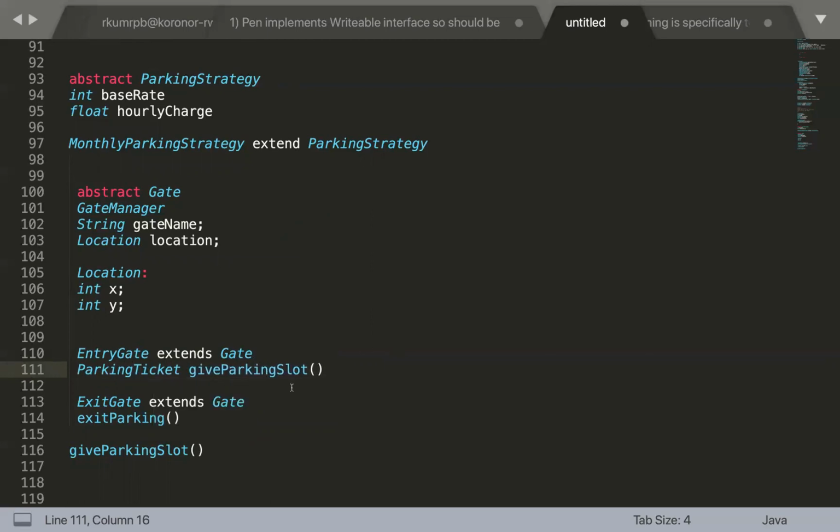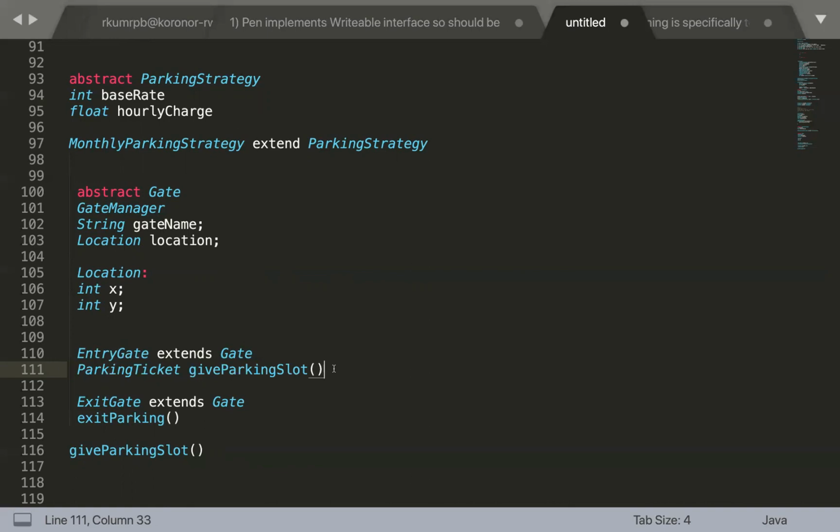So it is going to return you a parking ticket, give parking slot. And we need to implement some kind of a concurrency mechanism here. When one of the slots is getting assigned, it can't be assigned to someone else, right? Yeah. So let's suppose that at gate number 1 someone comes, and if that entire block is full, right? Probably someone can assign you the parking slot near gate number 2 as well.